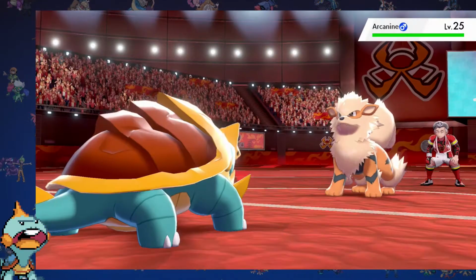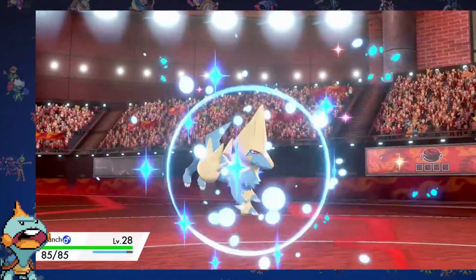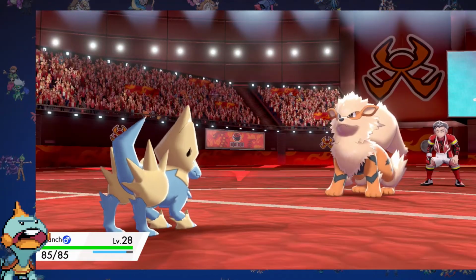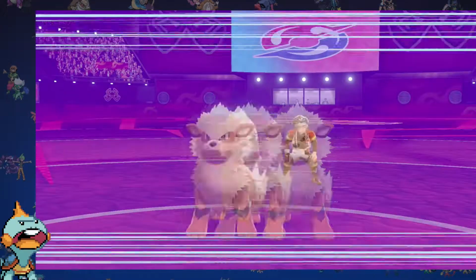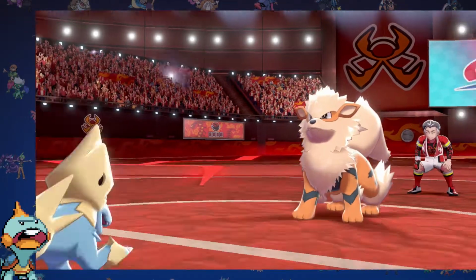Arcanine is out next and intimidates us, so Dreadnought's attack does next to nothing as we get knocked out. I send out Manectric and jeez, I never realised how big Arcanine was. It uses Agility as we land Thunderfang. It doesn't do a lot of damage, but we paralyse it, causing it to miss its next attack as we